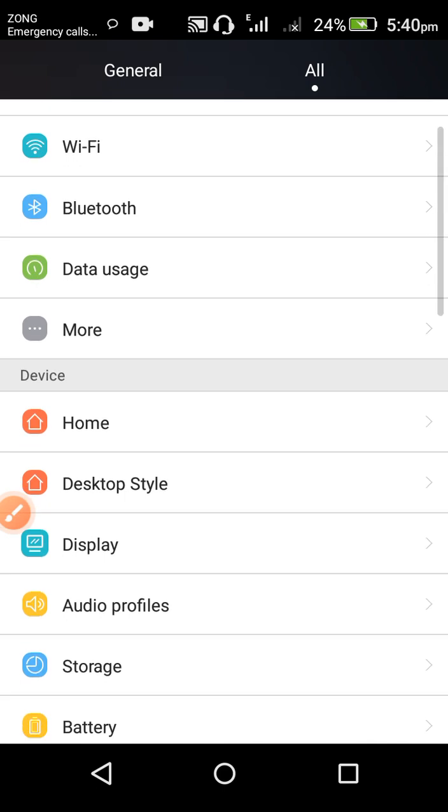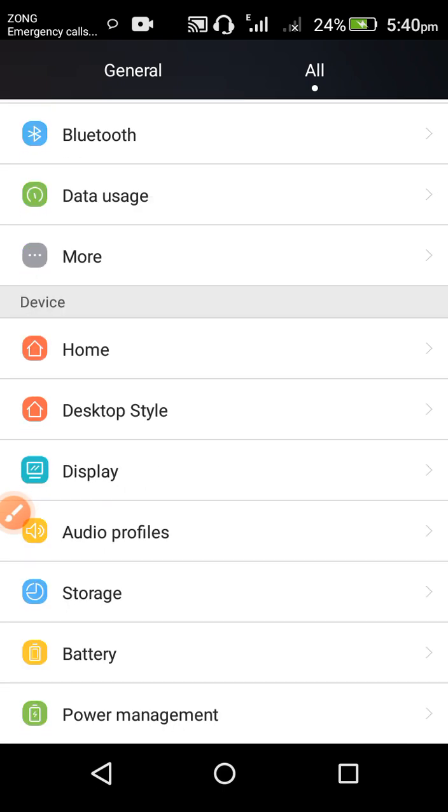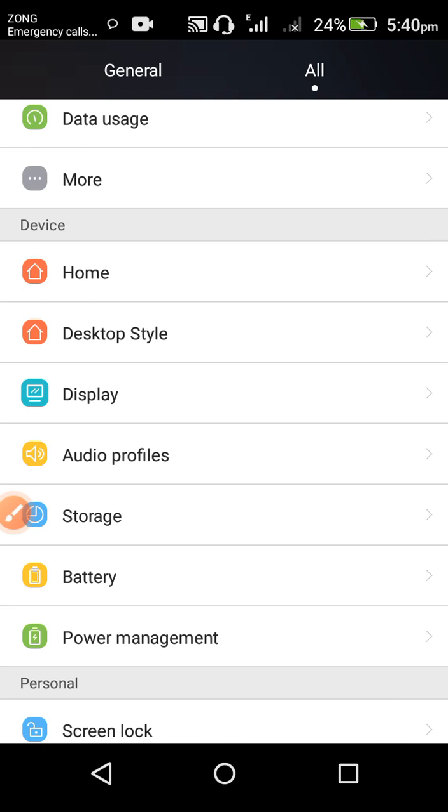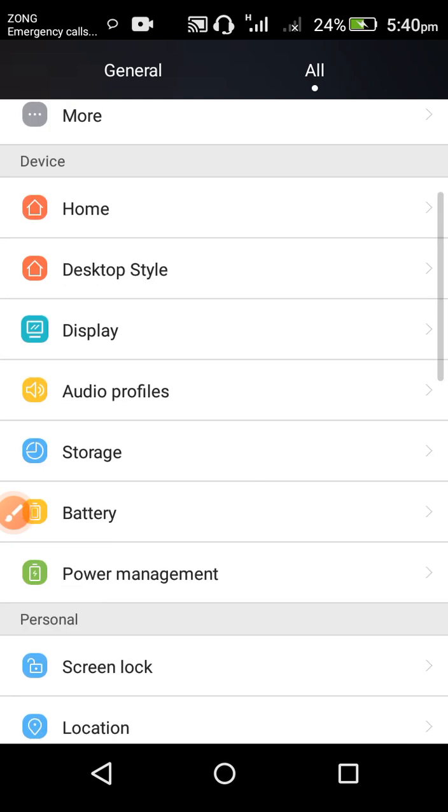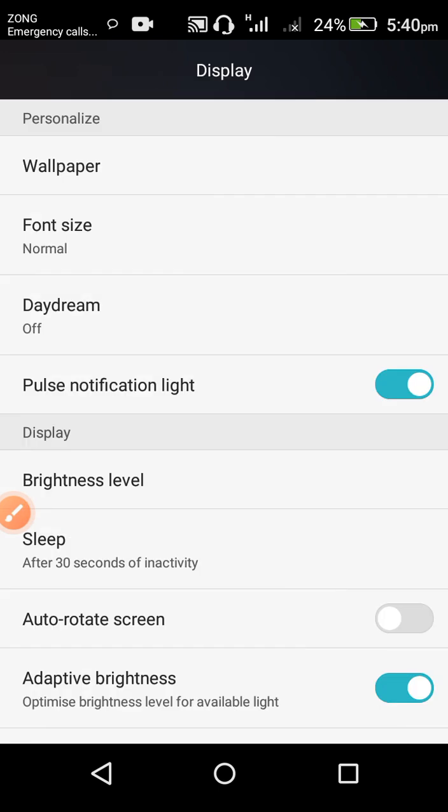and you can see home, desktop style. Here is display. From the display option you can increase the brightness of your screen and increase the size of the fonts you are seeing on screen. For example, in the option of desktop style, if I want to increase the size, then I come here to display, font size. Come to font size. My font size is normal, and you can see the wallpaper size is normal, but I am